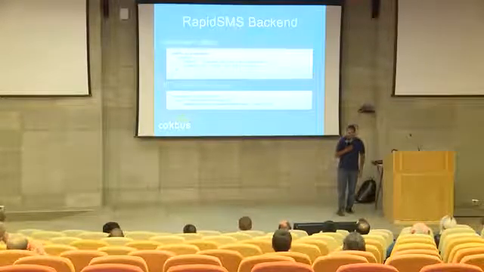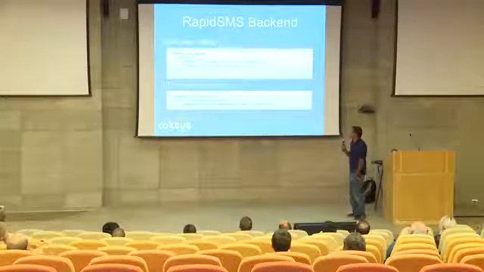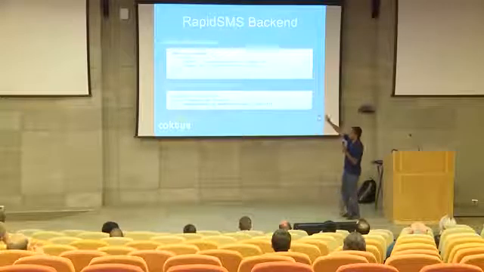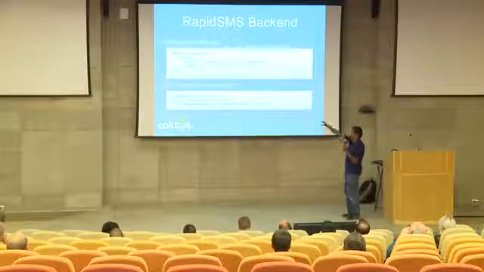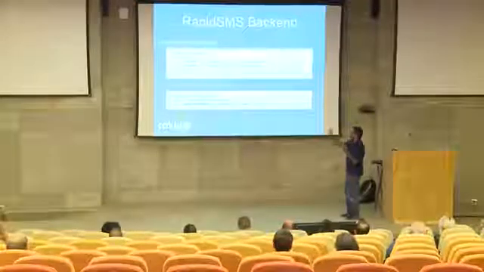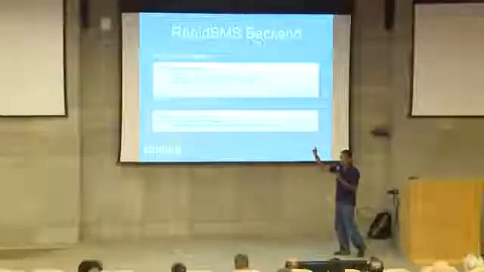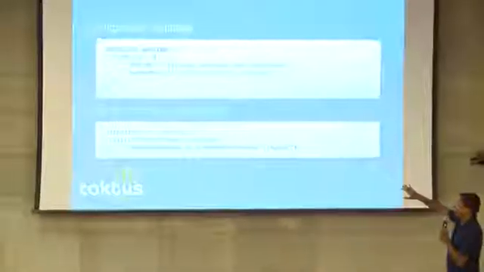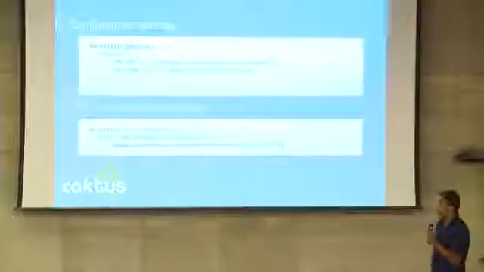In order to set up RapidSMS, there's basically two settings you need. In your Django settings, you define something called installed backends. You give that backend a name. Libiana was one of the mobile network operators that we used. Every backend needs an engine. An engine is basically just a Python class in your application, and this one is built into RapidSMS, so this is all the coding that you need to do.